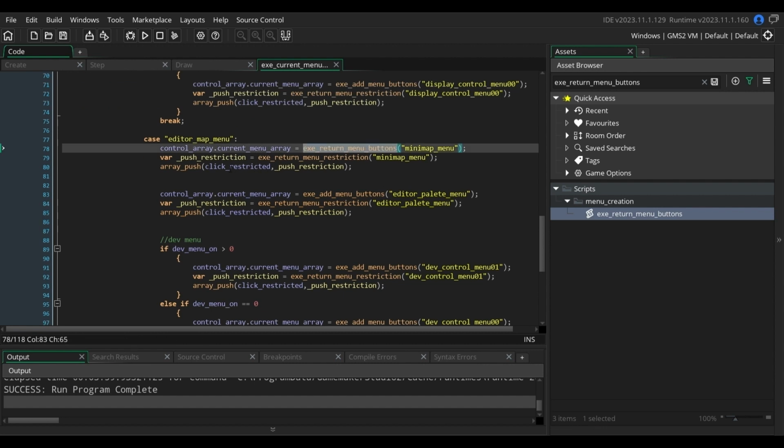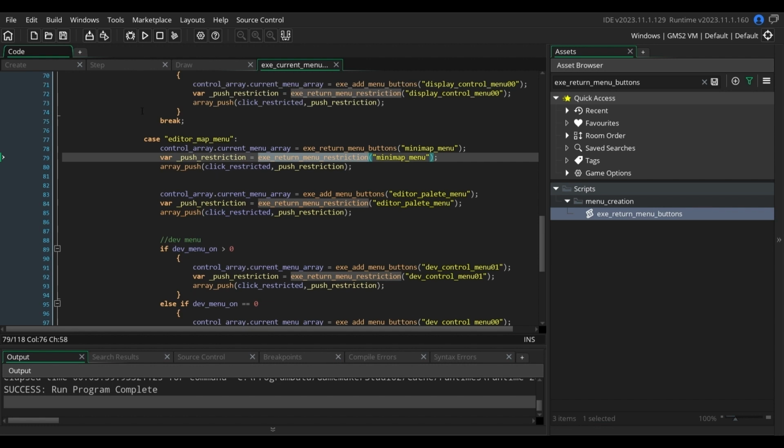So we have loaded all those buttons. Now we are searching for restrictions, so those white spaces that are restricted, so we are in the menu or we are over the map. So push restrictions, search,